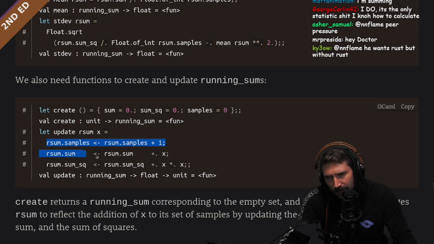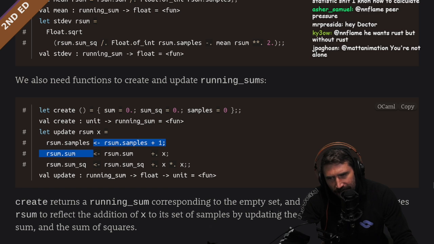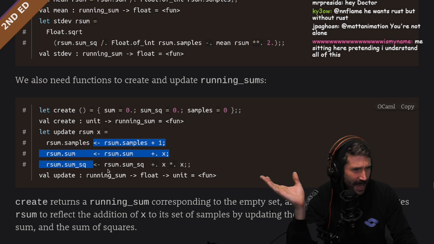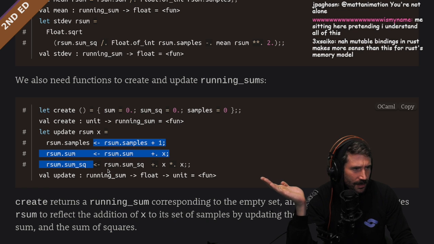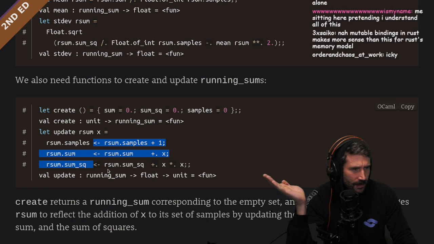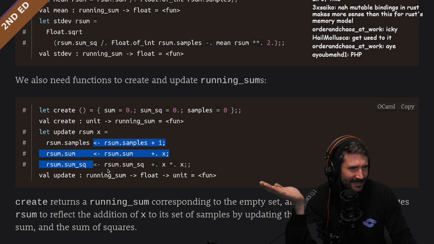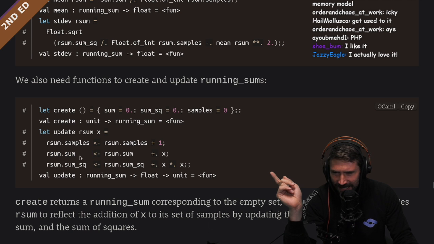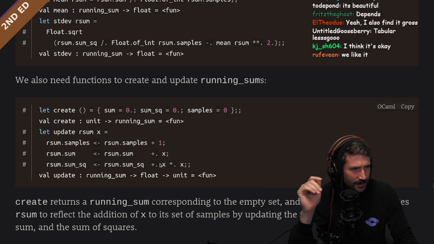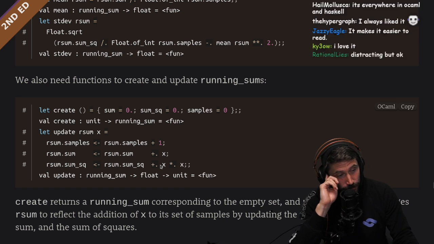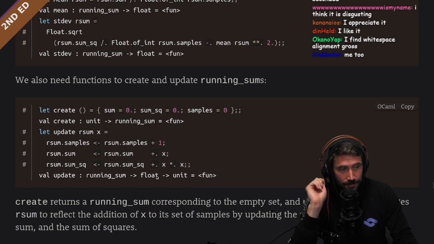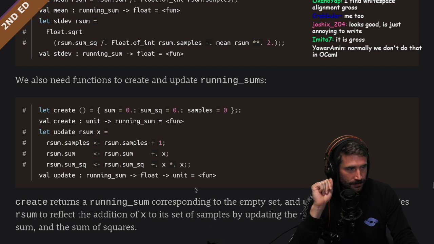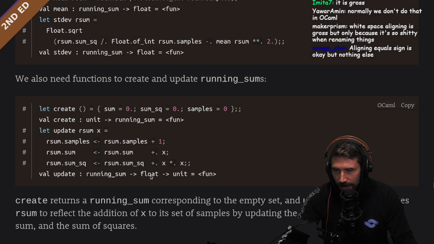Oh, interesting. I've never liked white space aligned assignments like this. I've always found that gross. Do you guys find that gross? Right? I've never liked that. I don't like to have to read so far over, right? There's a lot of white space, and I get all confused. Like in Go, one of the reasons that I hate it in Go is that they make you do that, and then I get really confused at my fields. Yeah, normally we don't do that in OCaml.